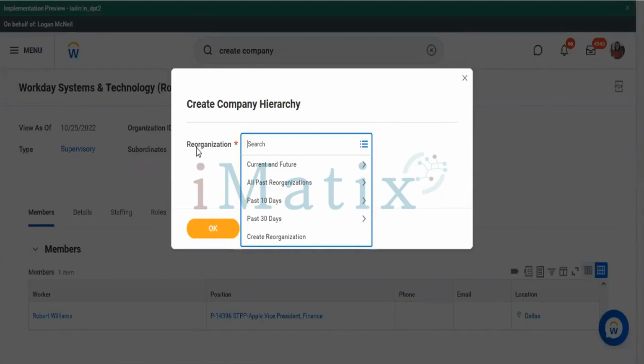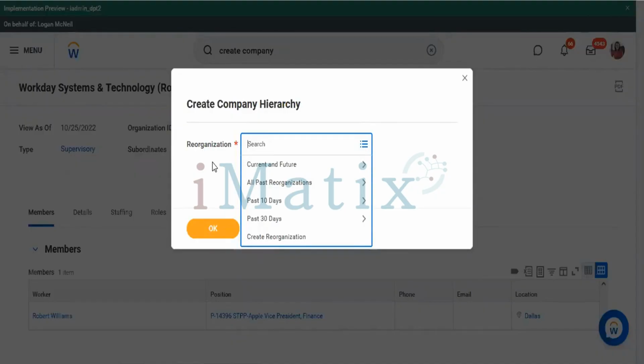Whenever you are creating any supervisory or non-supervisory organization, you have to mention your reorganization. And also, whenever you're making changes to an existing supervisory or non-supervisory organization, you need to mention the reorganization event. This is something which will be tracking the additions or the changes that you're making to the organizations.